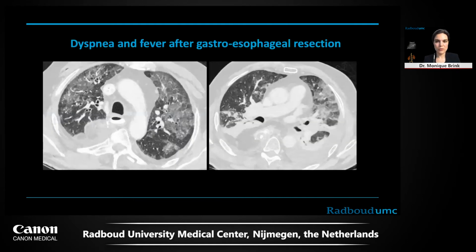And now we're going to the third and final patient. This is a patient who underwent a gastroesophageal operation and who had dyspnea and fever after that with a high clinical suspicion of COVID-19, as this patient was exposed to patients with COVID-19. And what we saw is bilateral ground glass on the CT, which was made with intravenous contrast, also to exclude post-operative complications. And this patient was given a CO-RADS 4 because there were some atypical features as well. But the patient never got a positive PCR or other signs of COVID-19 in the course of the disease. So this was a false positive CT.